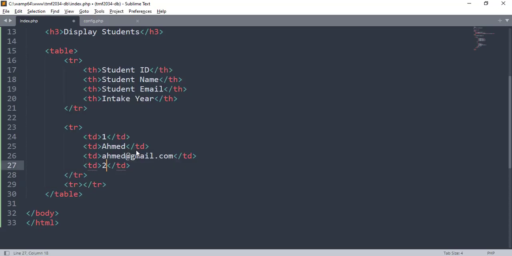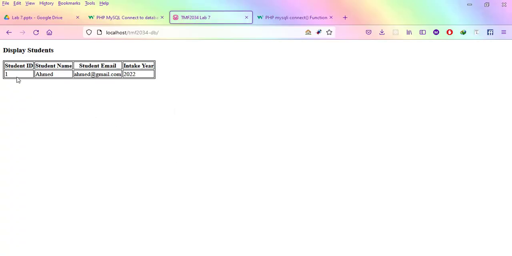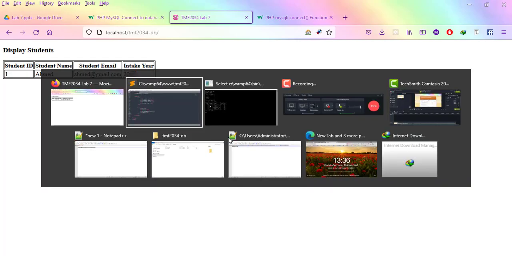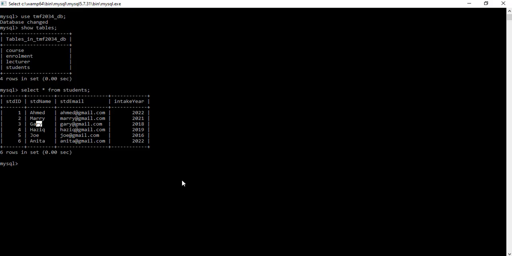We have 2022. Now you can see here, when we go back and refresh, you can see the student Ahmad and 2022. But this is not a good way. This is a manual way. Why is it manual? You have to insert all the users one by one. Okay, Ahmad, second one is Mary, then Gary. Let's say you have thousands of records, then you cannot do it